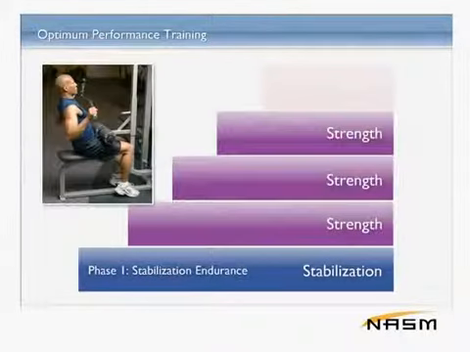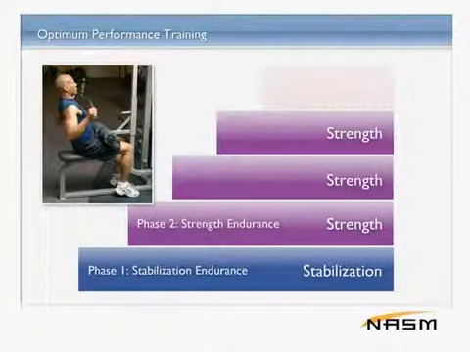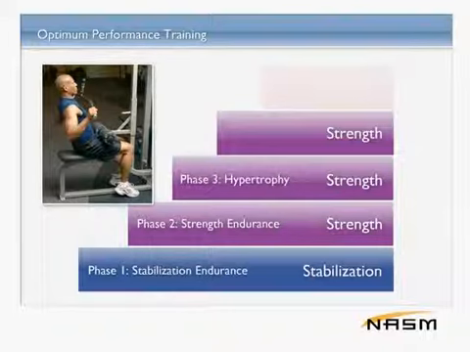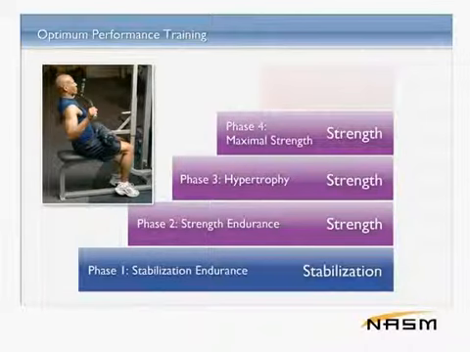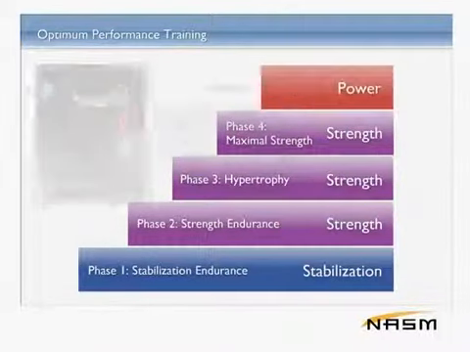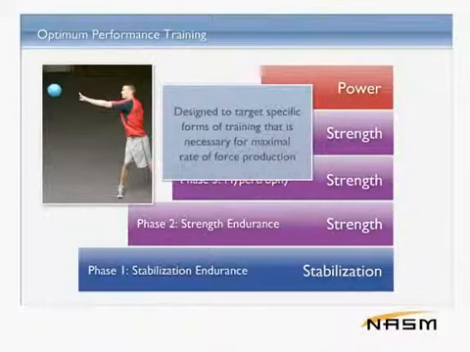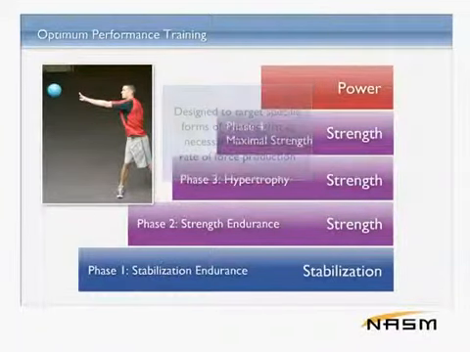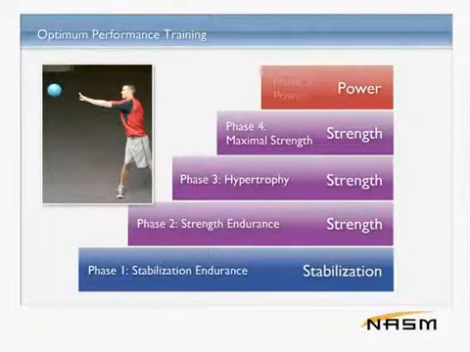The strength level focuses on enhancing stabilization and strength endurance. Phase 2, Strength Endurance Training, while increasing muscle size. Phase 3, Hypertrophy Training, and/or Maximal Prime Mover Strength. Phase 4, Maximal Strength Training. The power level is designed to target specific forms of training that are necessary for maximal rate of force production. This stage has one phase of training. Phase 5,